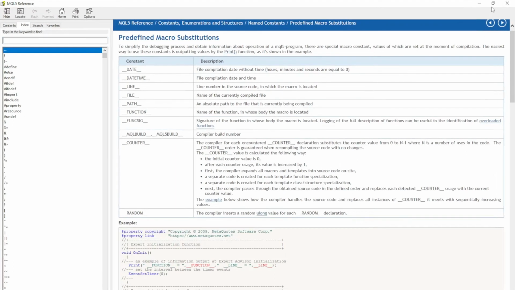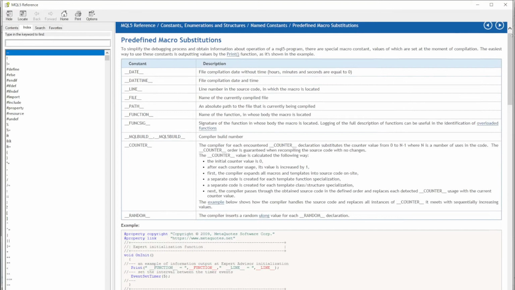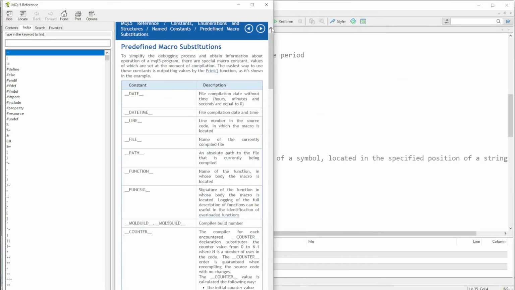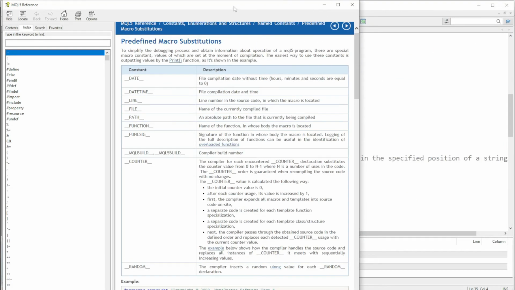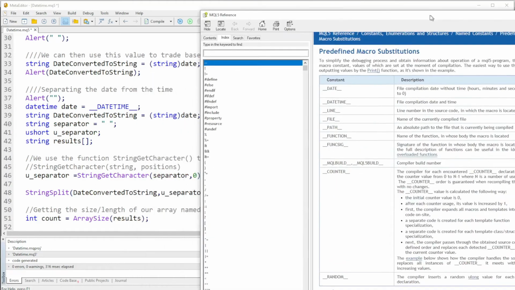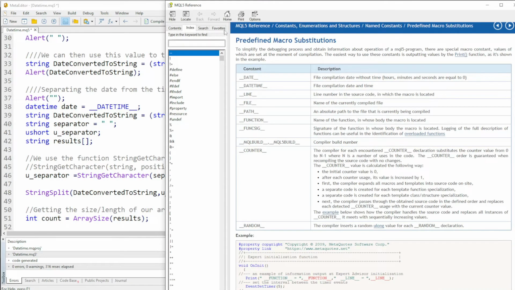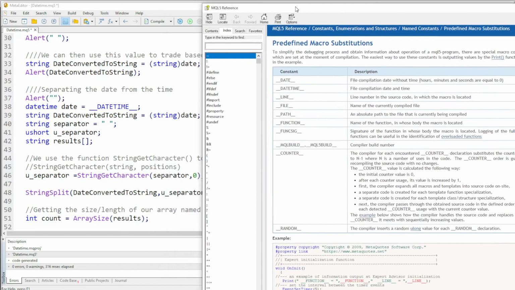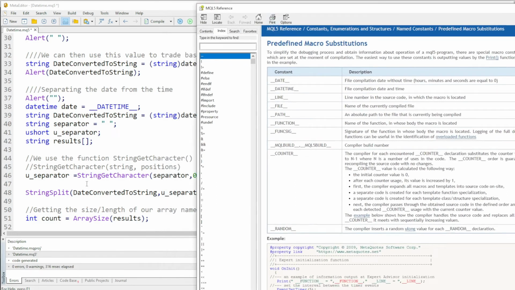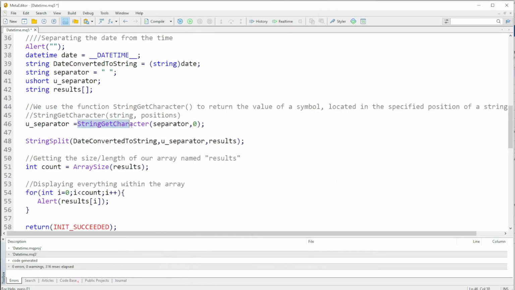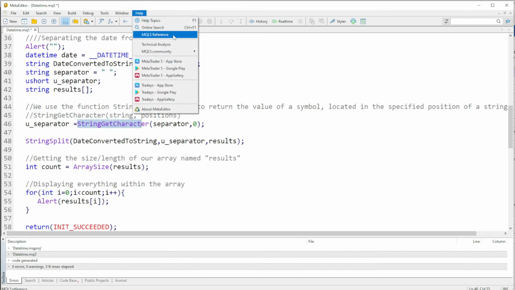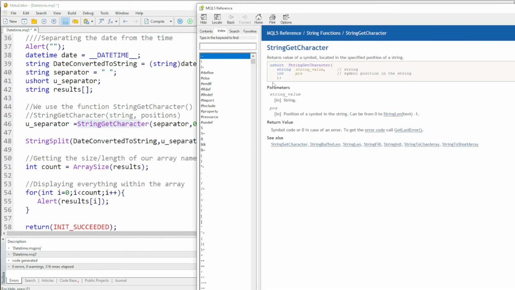But if we want more things, we can actually look further, like some functions we're going to use in this code, such as StringGetCharacter. If you want to understand more of what this does, you can go to StringGetCharacter, and it will explain